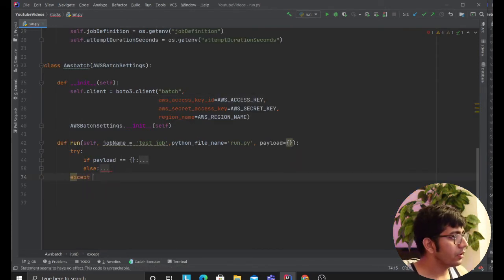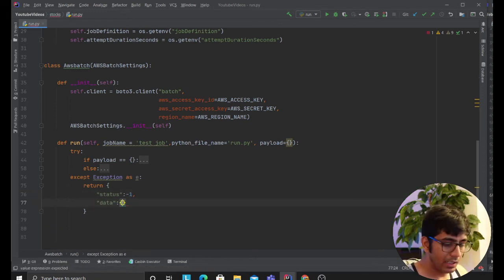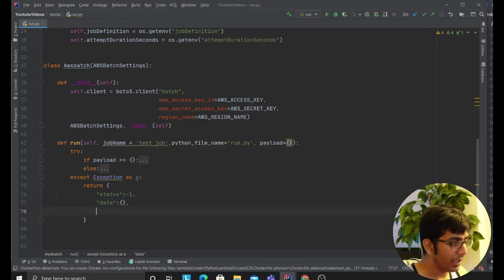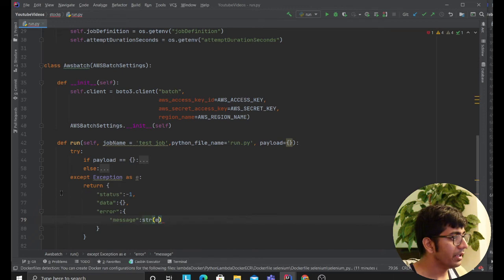So let's except Exception as e. And I usually follow a syntax. So I would return a status code of -1, and the data entity would be negative, and we have an error object. This object would have a message, and this would essentially be the string.